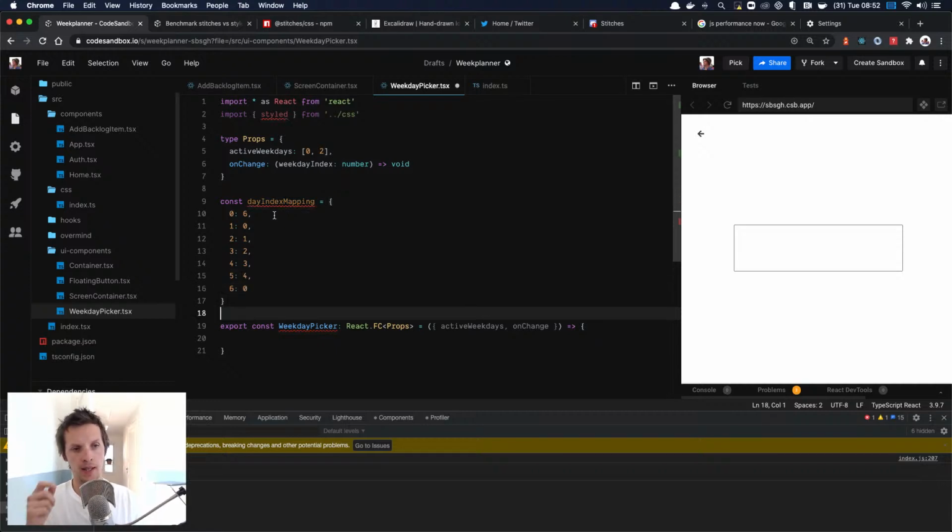So what this means is that when we check which day it is, to figure out where we are going to start to disable the buttons, then we can do